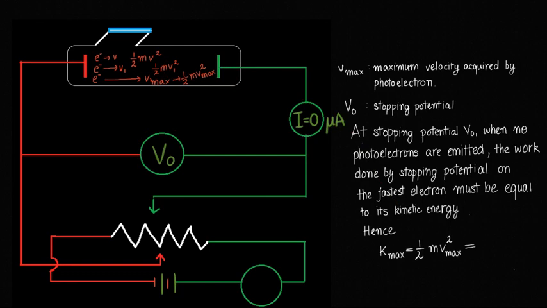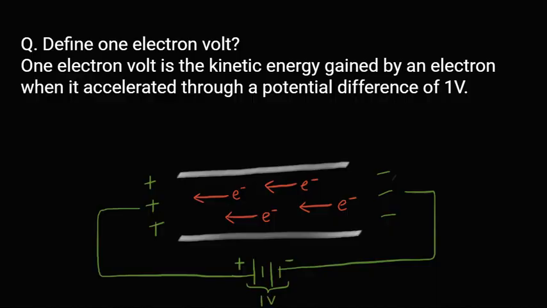The stopping potential will do the work, just like we have discussed in your lesson 47, your 1 electron volt. What was this 1 electron volt? This was the work done by the potential of 1 volt to stop the electrons. Fine. So in this case, you notice this is the electron e, which is moving with a velocity v. And why is it moving? This is because of the potential of 1 volt.